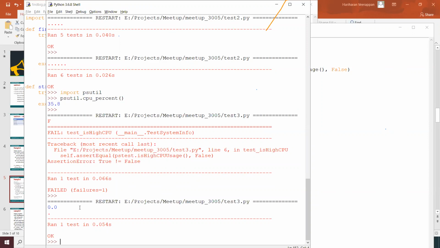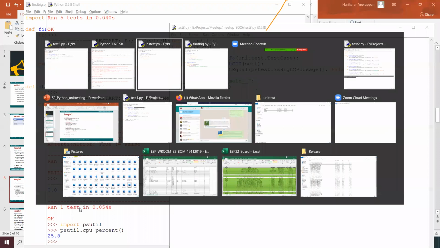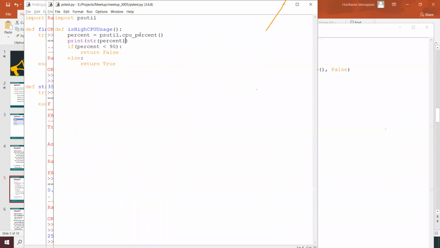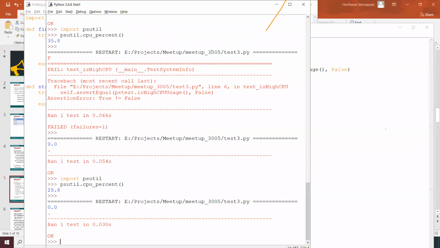The CPU utilization, psutil.cpu_percent over here, which is 25.8. I'm going to print psutil.cpu_percent directly now.